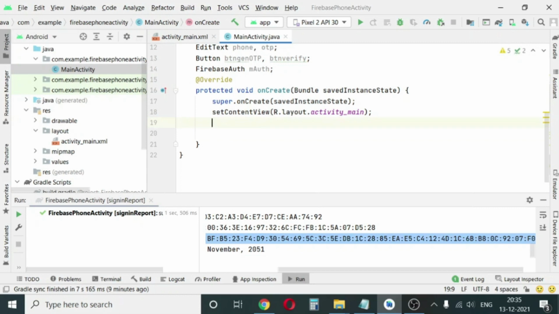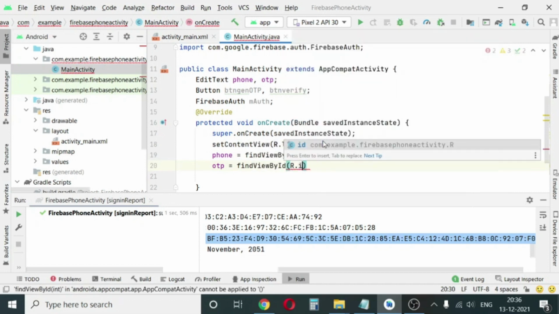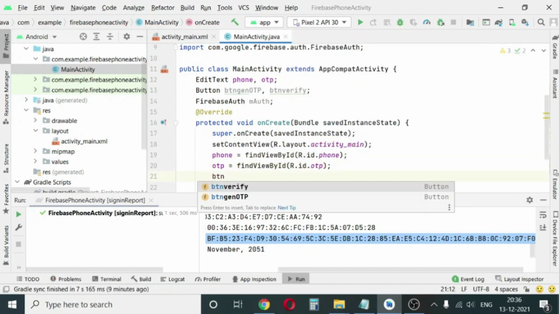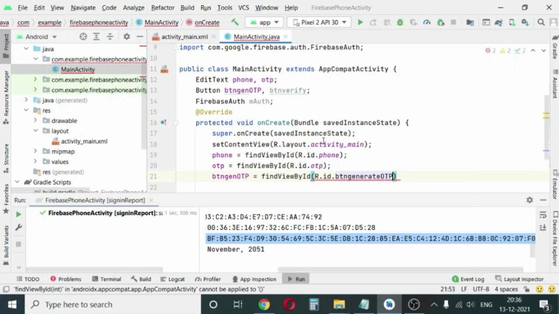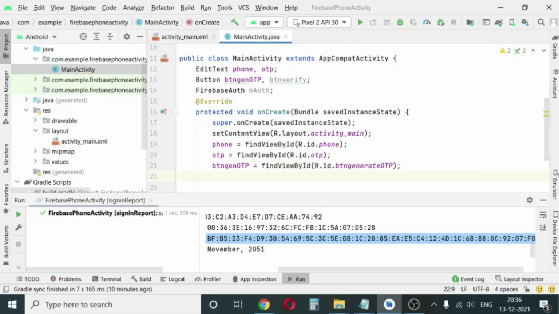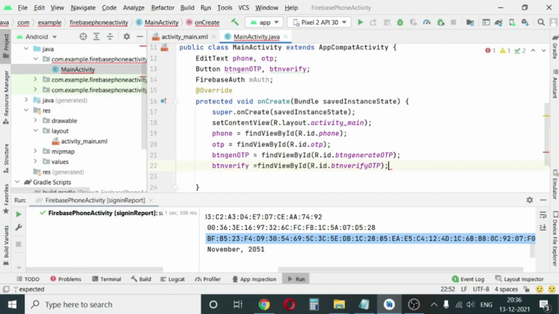Now let us initialize them. Phone equal to find view by ID, R.id.phone. These are the IDs we have provided in the XML. OTP equal to find view by ID R.id.otp. Then we will initialize the buttons. Button generate OTP equal to find view by ID R.id.button_generate_OTP. Then button verify equal to find view by ID R.id.button_verify_OTP. Select from the dropdown. Then we have to initialize the auth variable. So mAuth equal to FirebaseAuth.getInstance();